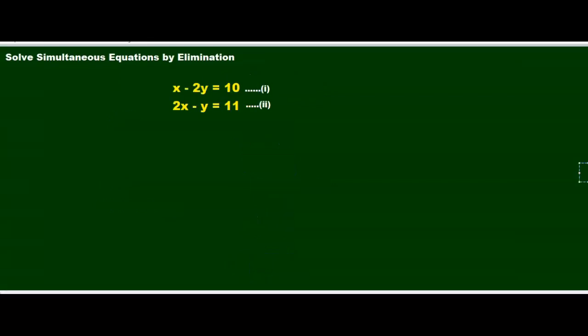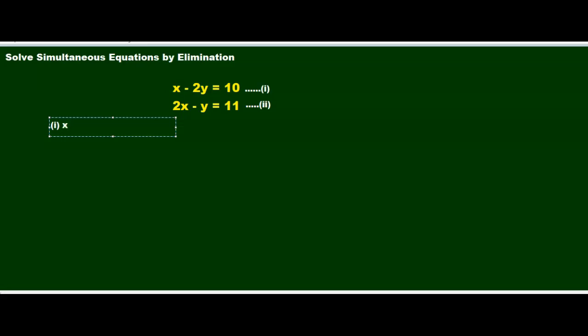Let's try this problem. In this case, as you can see, we cannot just add or subtract down our columns to get rid of either my x or my y. So we have to make it such that it's a common factor. Either we're going to make 2x in equation 1 or 2y in equation 2 so that we can add or subtract the two equations. So let's just take equation 1 in this case. You can do it either way. So let's say we have equation 1